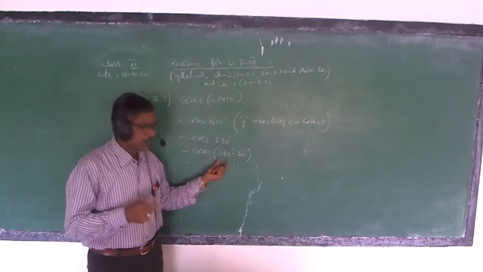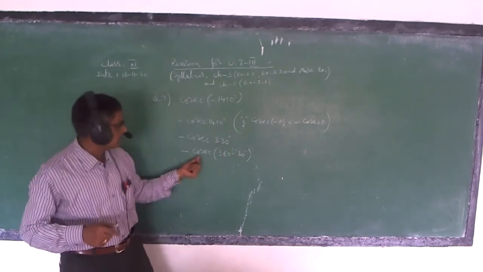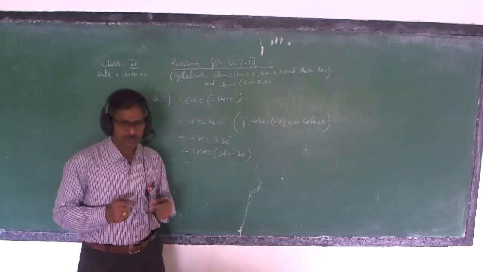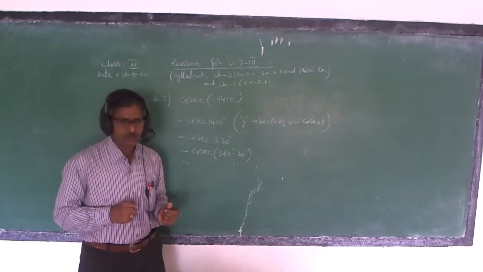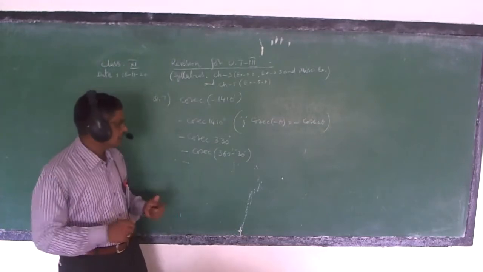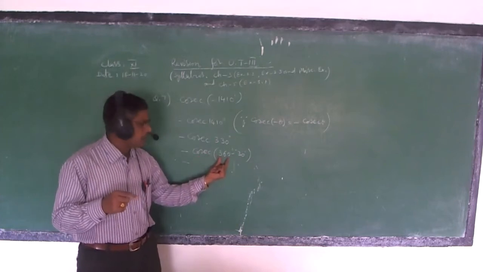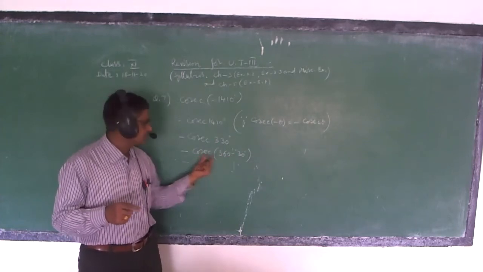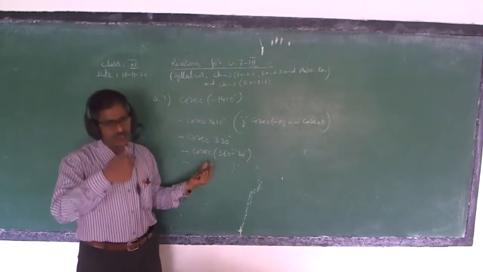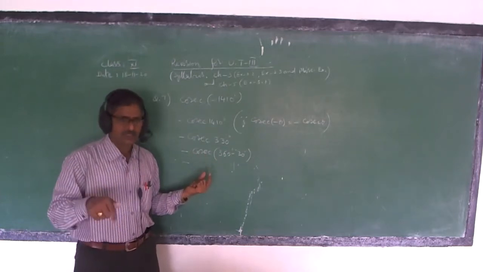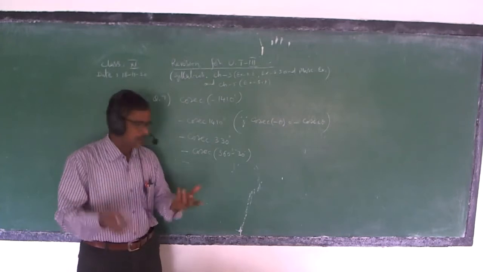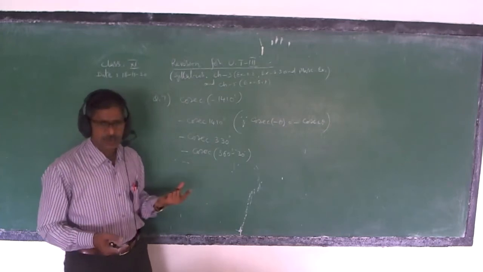the fourth quadrant. And second, in the fourth quadrant, we have to see whether cosecant is negative or positive. That is the second thing you have to remember. And third, at that angle, that is at 360, we see whether the cosecant ratio remains the same or changes to any other ratio. This is the third thing we have to see. Then automatically you will get the answer.